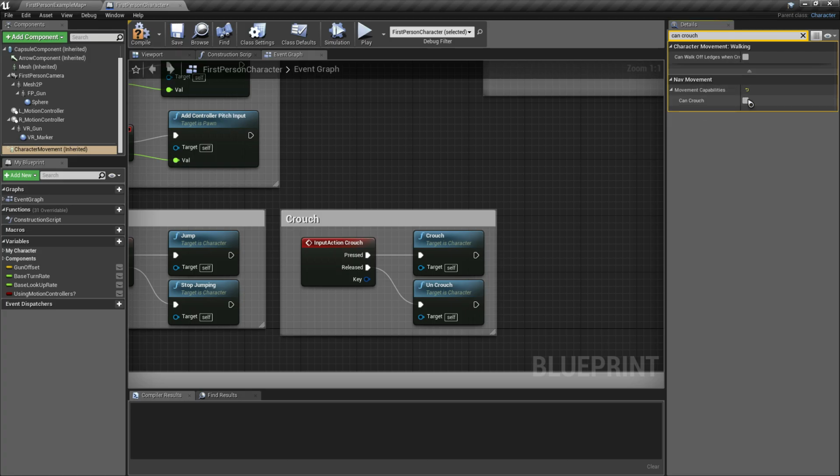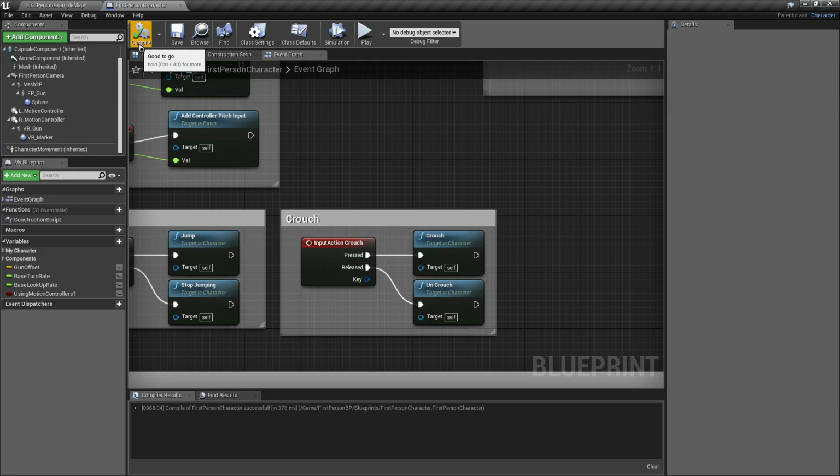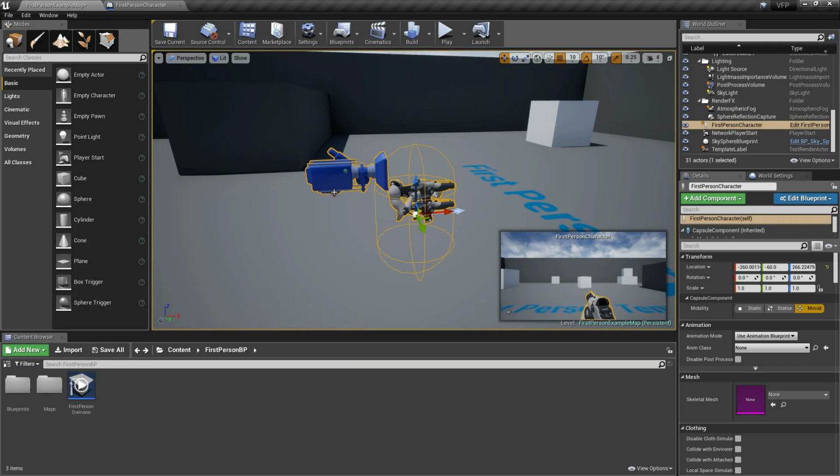All you need to do is check this one so that the first person character will crouch once we press the crouch key, and the event we created will be executed. So make sure this is checked. After that, save our blueprint and compile it so that the first person actor will be updated in our viewport in the main level.